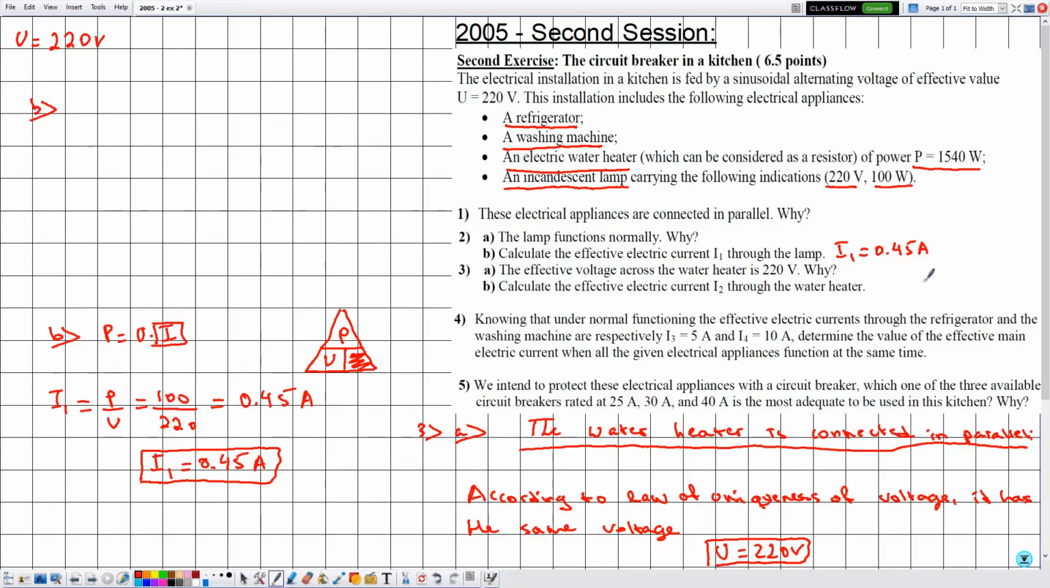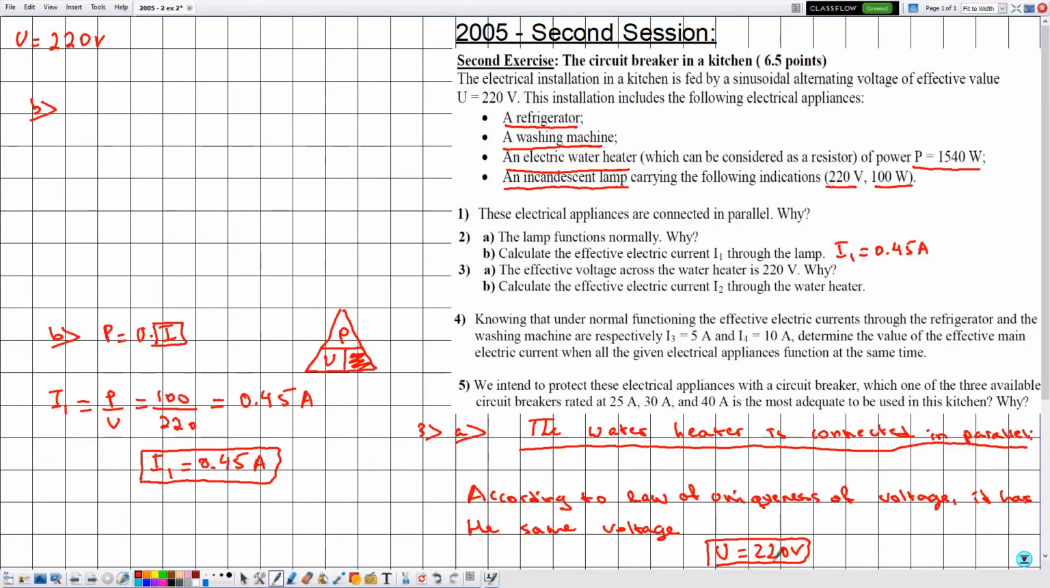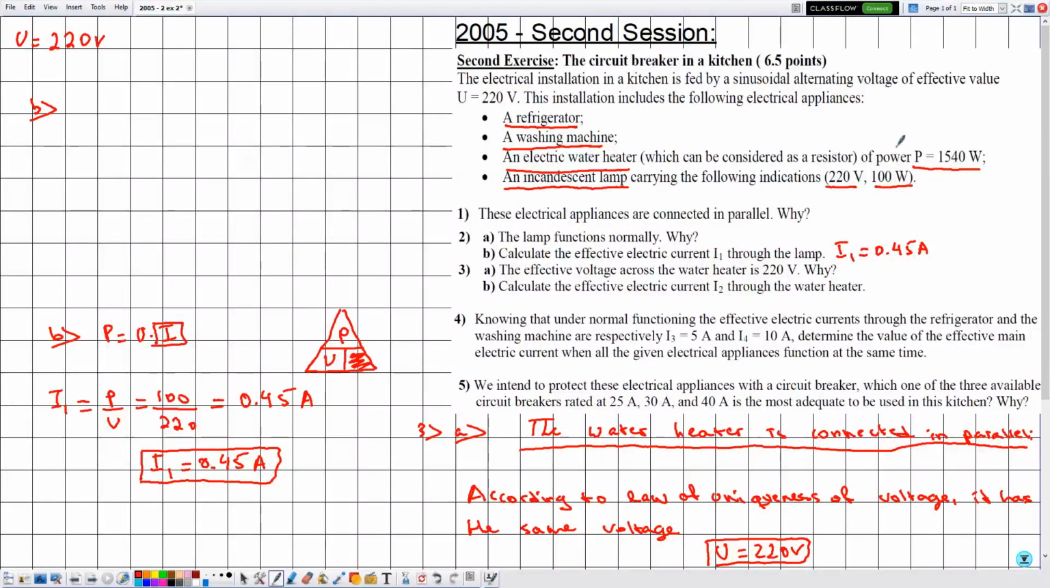Now in part B, calculate the effective electric current I2 through the water heater. So now we know the applied voltage across the water heater, which can be considered as a resistor, and it has an electric power of 1540 watts. Using the formula P is equal to U multiplied by I, we can determine the value of I. Constructing the triangle of this formula, P will be at the top, U and I at the bottom. We are interested in calculating the value of I, which is denoted by I2 in this case, so it's P